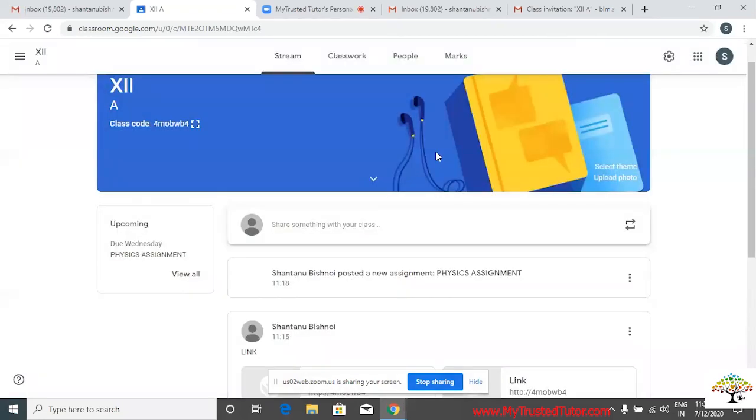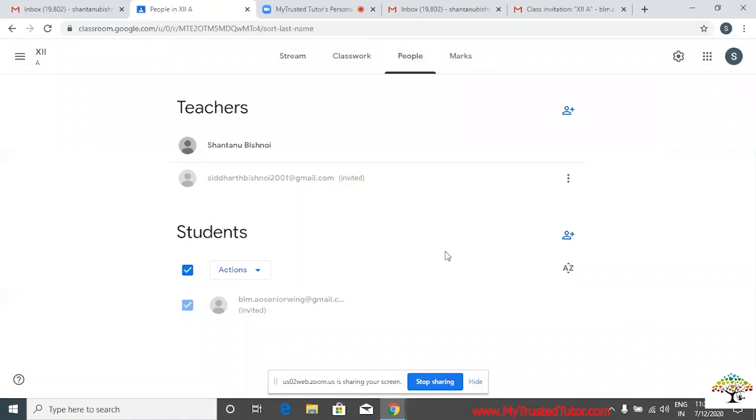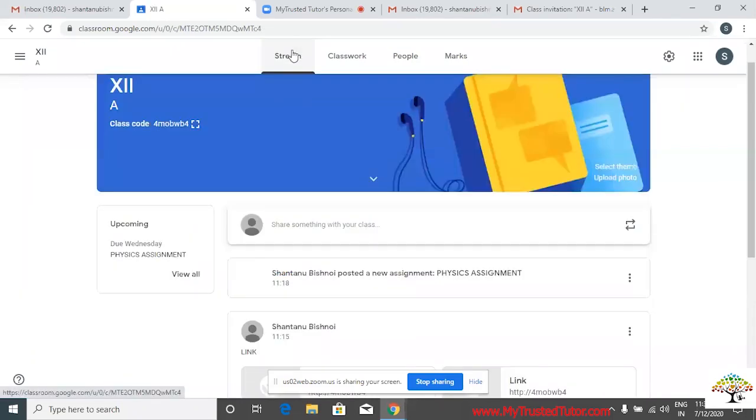You can send it on WhatsApp, right? And they can directly join it. You need not send invitations to all the people. This is a short version of how to use Google Classroom. If you don't have the email IDs of many people, it happens that sometimes you don't have the email IDs of your students or your colleagues. For that purpose, you just need to click on stream. You need to copy this class code. You can send this class code to the concerned person, right?